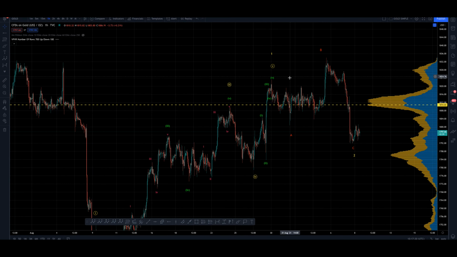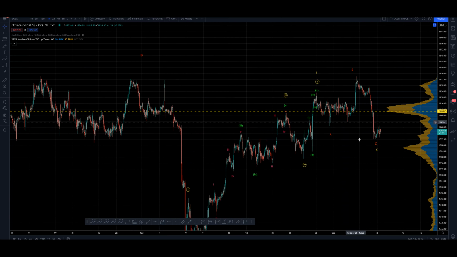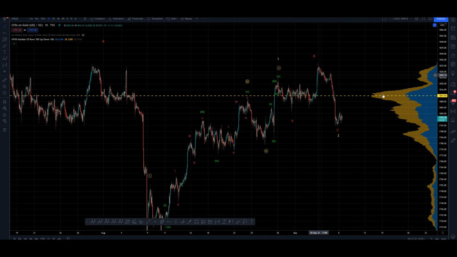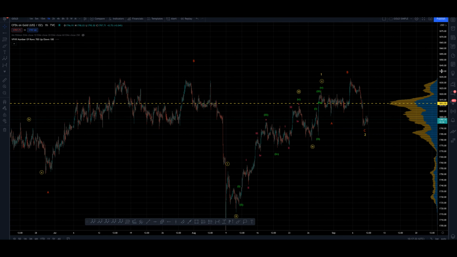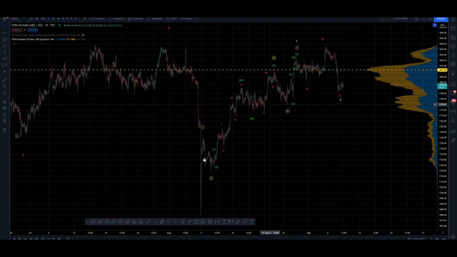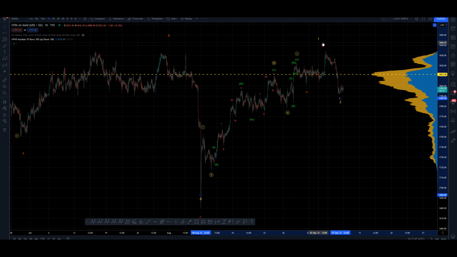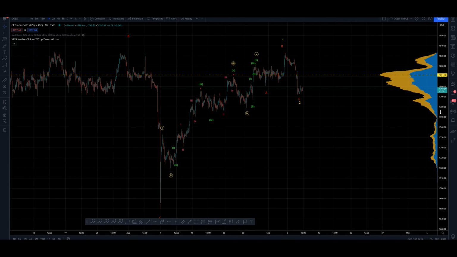So how would we do that? We've got to get the 1, 2, this could be a diagonal, but it's a little messy at the moment. So I'm not going to fiddle with it now because I might waste your time when we should really be getting on with the video, but there's evidence to suggest it's impulsive off of a low. It's not the easiest thing to count yet. This could be an expanding flat into a 2, or this could be the top of the wave 1 here, and this could be the beginning of 5 waves in a zigzag down.